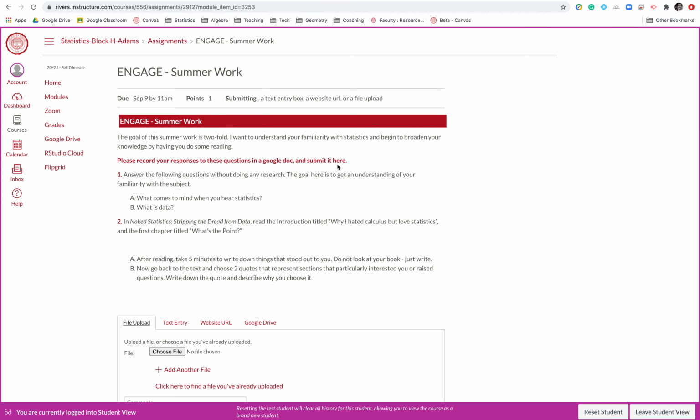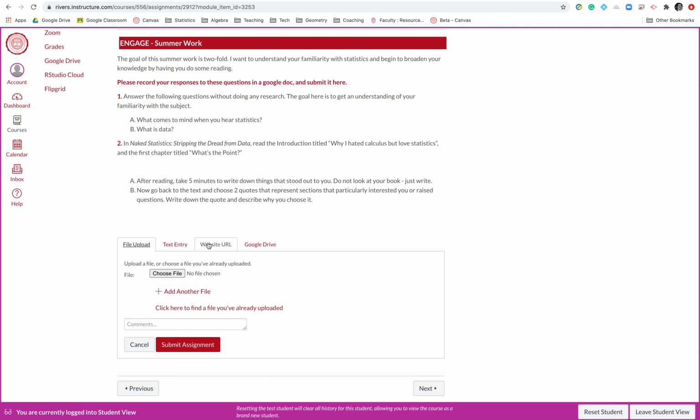Obviously that's where you want to click to submit the assignment. So you can see there's going to be a number of different options that teachers have for how it could be submitted. So I've sort of put up all of them for you to see. They're pretty self-explanatory. Choose file, that's taking something from your computer.